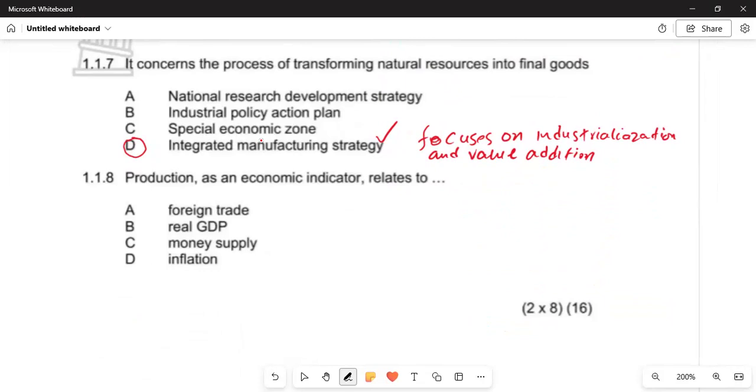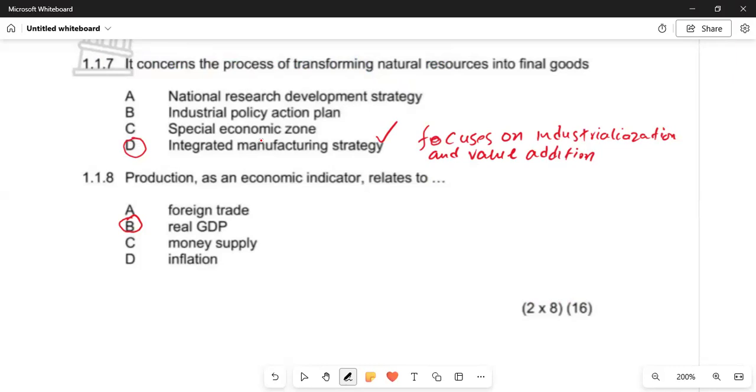1.18 reads as follows. Production as an economic indicator relates to, then we are given four options, and we have to choose the correct one. The correct one is B, real gross domestic product, real GDP, because